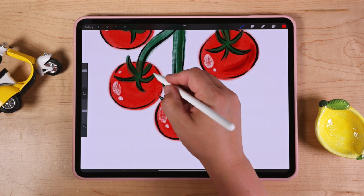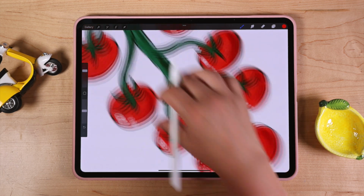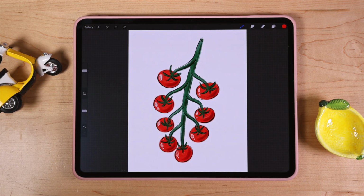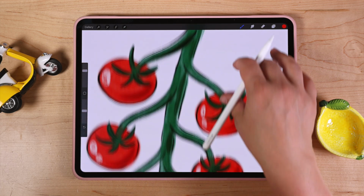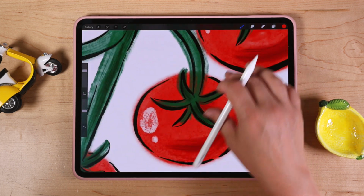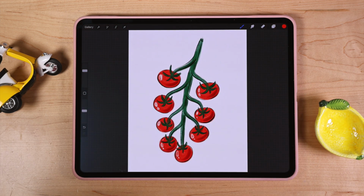So I'm just kind of adding a little shadow mark to one side, just to give it a little extra dimension. And I think with that little finishing touch, our tomato vine is all done. I love the way that it looks. All this great texture. It really looks like it's painted in ceramic glaze, which is exactly what I was going for. But I think we could add one extra little detail, which I love to add, and that is a